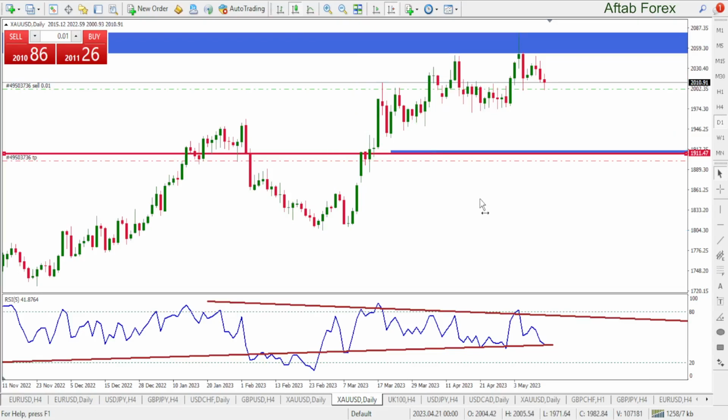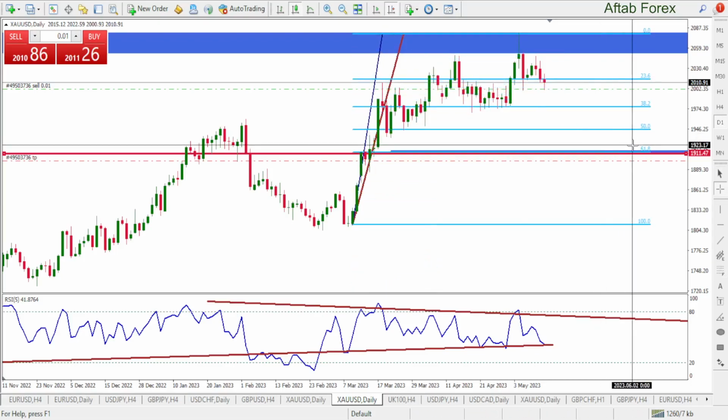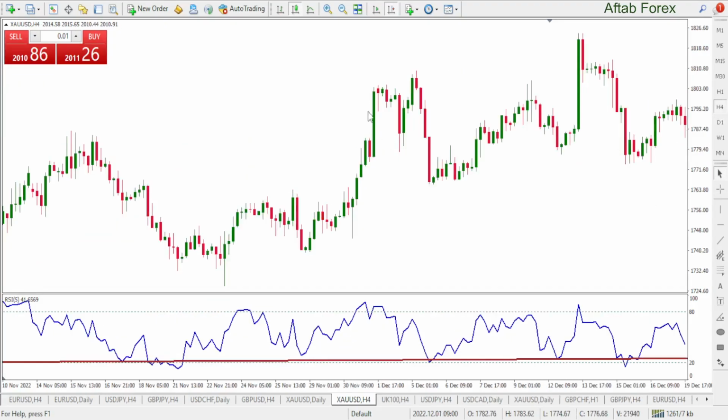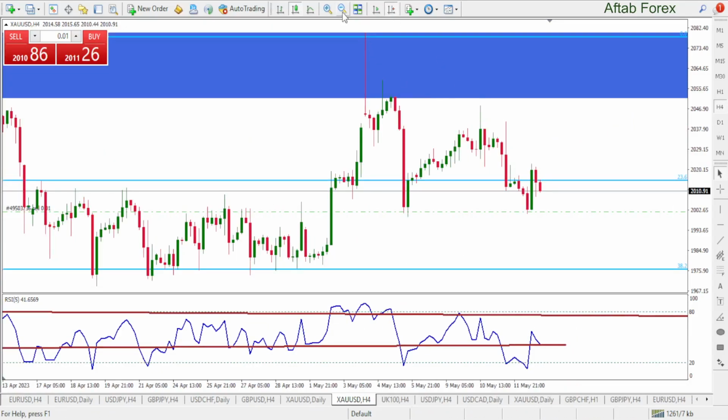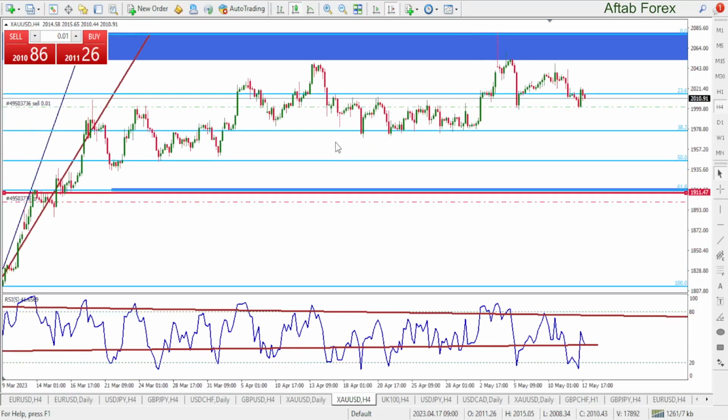Let's now remember this 1911.47 level and this impulsive wave. It should be right here, okay? And this Fibonacci should always be there, unless I get a break below this zone. Now what's next? Move on to the H4. Things are very, very nice right here. We have even got a very nice structure.